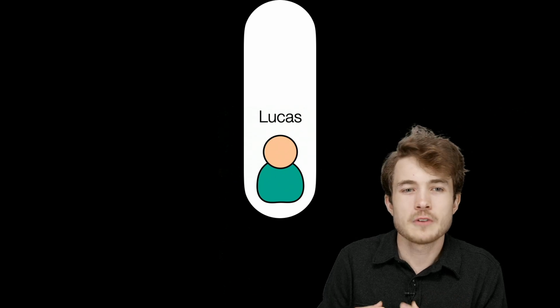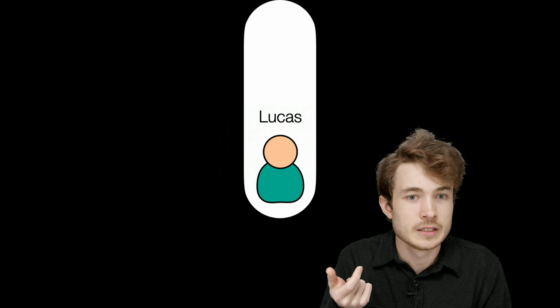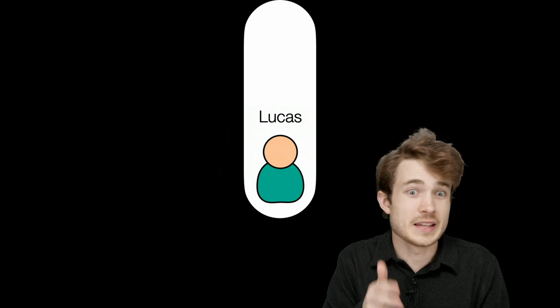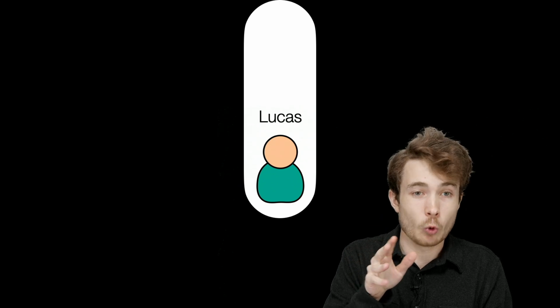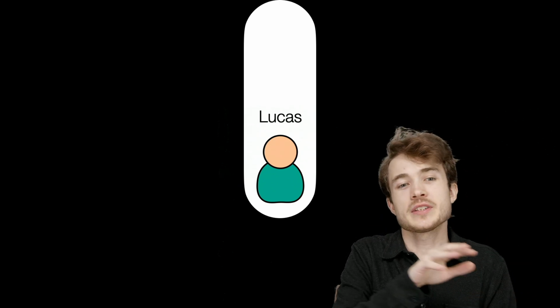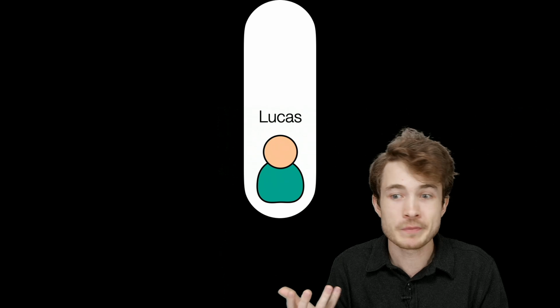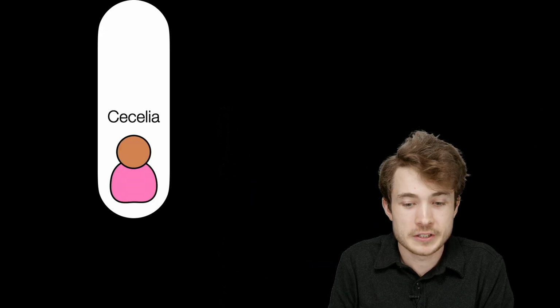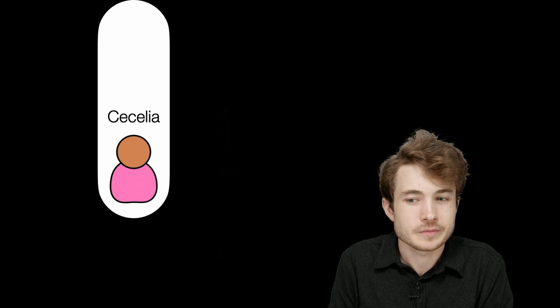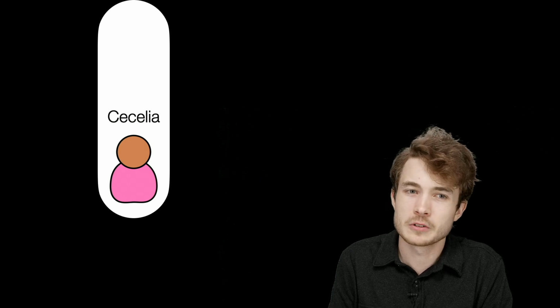Seems like we've gone a little too far, right? If Alyssa's name begins with A, Lucas is after Alyssa in the alphabet. So let's say, okay, let's not worry about Lucas or the people after Lucas. Let's focus on the first half of people here and look in the middle of that. So it turns out the middle of our first half here is going to be Cecilia. And again, have we gone too far or not far enough?